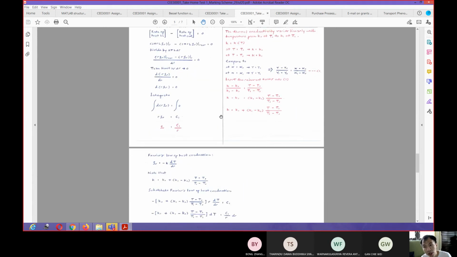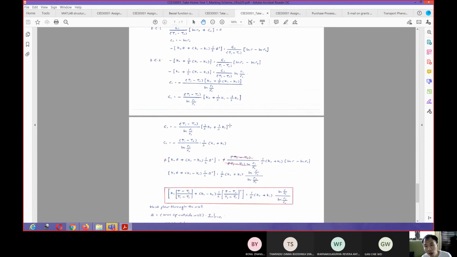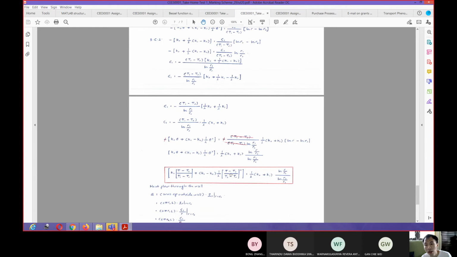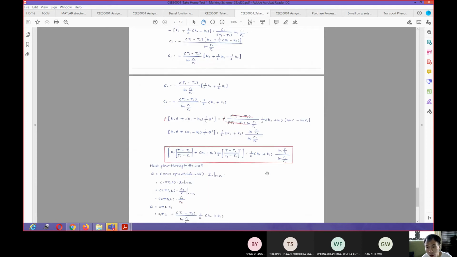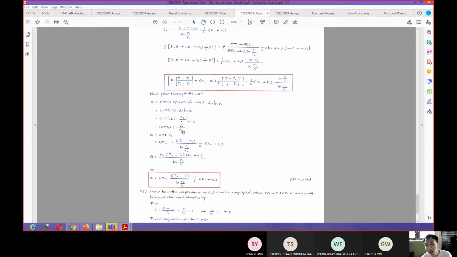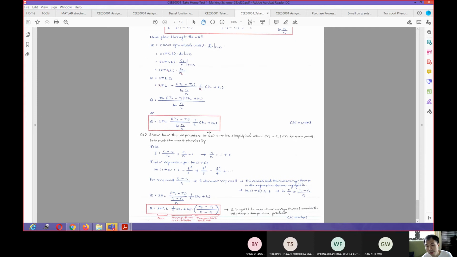Some of you do not solve it using the same way that I solve it here, but as long as the final result is the same, and the process, everything is complete, then why would I deduct the mark from you if everything is correct? Okay, so you will get this expression here, which is quite complex. But then the heat flow through the wall is quite easy because you have to multiply the area of the outside wall with this QR at R equal R naught. Then you will get this Q. Your Q will be equal to this.